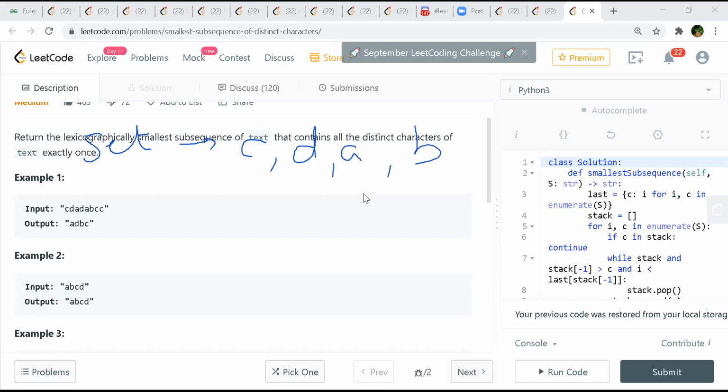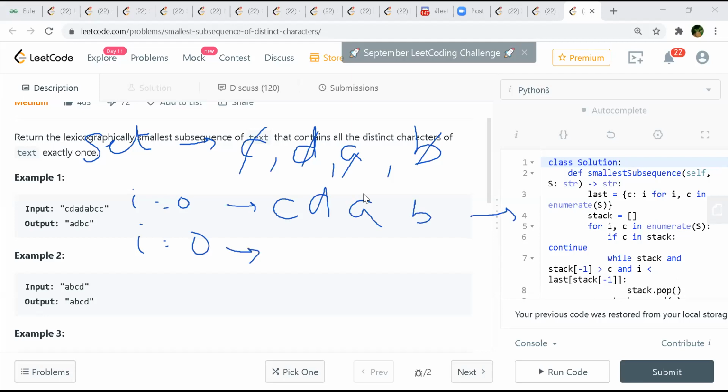And then now you start from the input string with the index 0. In the index 0, you see if C is there, so you put C here and then remove C from here. And if you go to D, if you find D here, you put D here and you remove it from here. And then you find A, and then at the end you'll find B also. So you just store this list, then you actually move to 0 again. Again, you actually populate the set. Maybe you can store it somewhere.